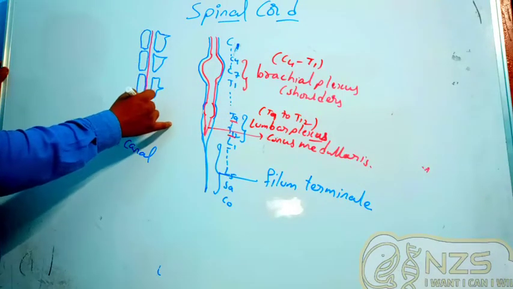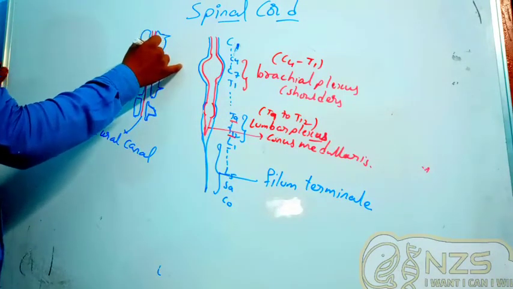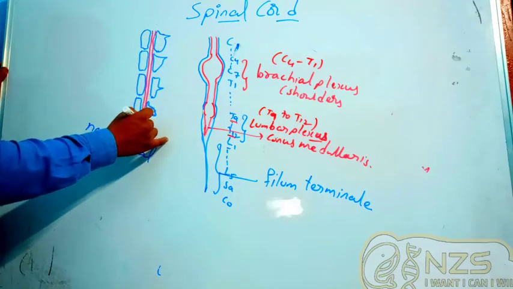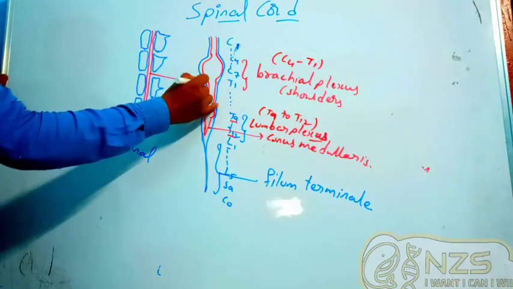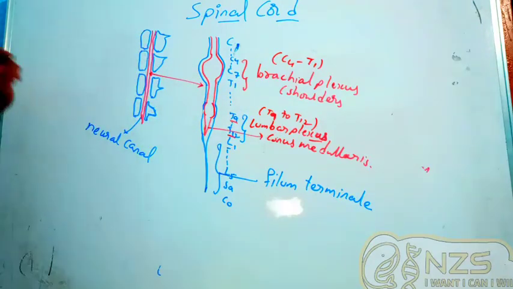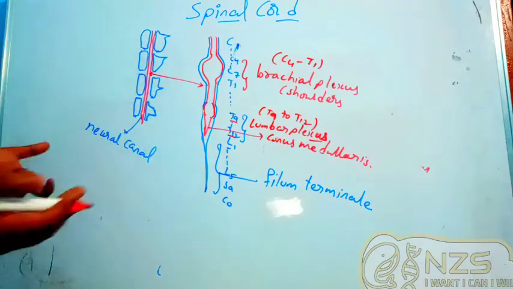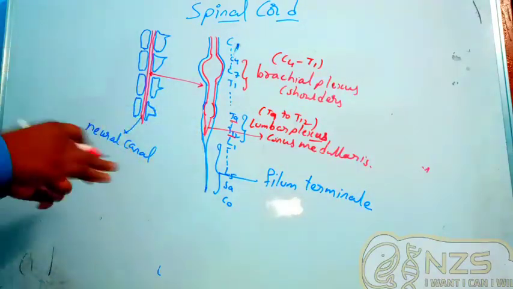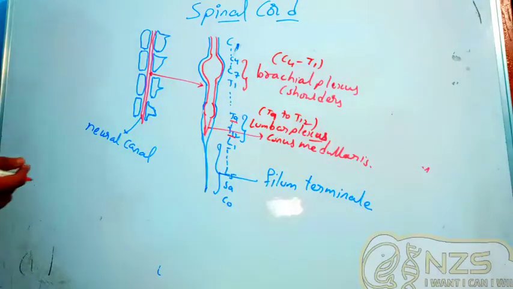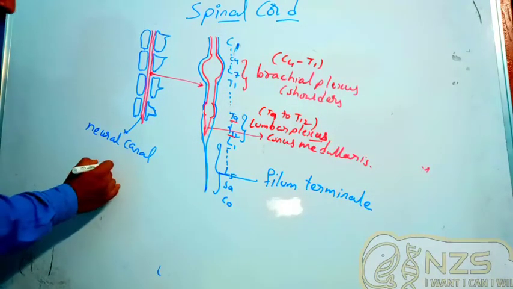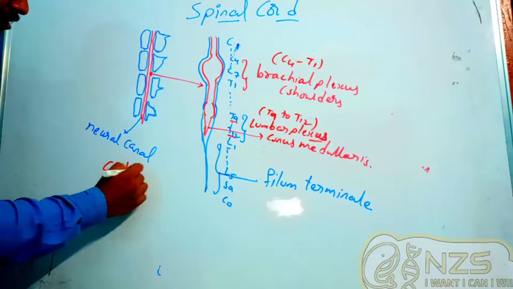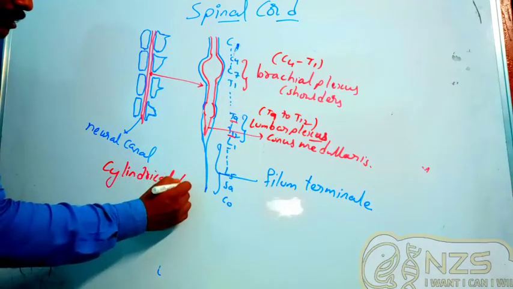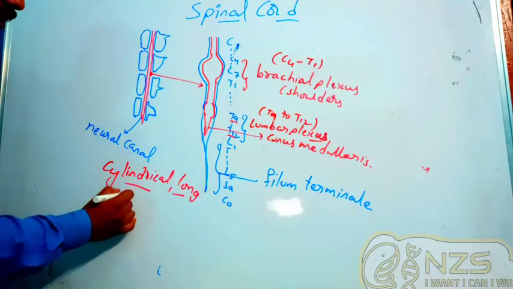It is protected by the vertebrae around, like the skull of the brain. Okay, so this is the spinal cord. These two are the same. Now this is the external morphology. I mean, these are the parts which you can see externally when you don't cut the spinal cord, which we see when we generally observe. That is the external morphology of the spinal cord, its position. Coming to shape, you all know the spinal cord is just cylindrical. It's a long cylindrical structure tapering at the end.